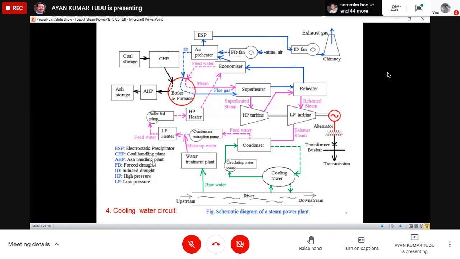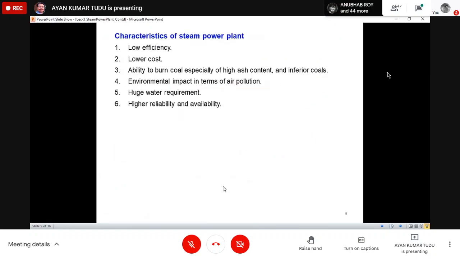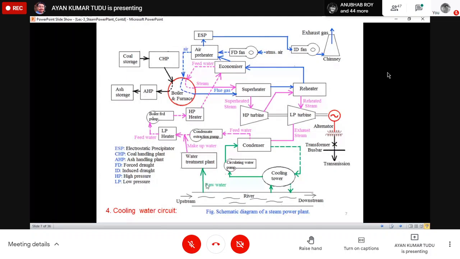Please understand the air and the feed water, that means the water that is coming out from this river. Think about it this way: the water is coming from here at normal temperature, but the temperature of the boiler is very high, around 200, 300 degrees centigrade, or even more. So if cold water enters the boiler, there may be thermal stresses inside the boiler. To avoid the thermal stresses, we have to increase the temperature of the incoming air and water.